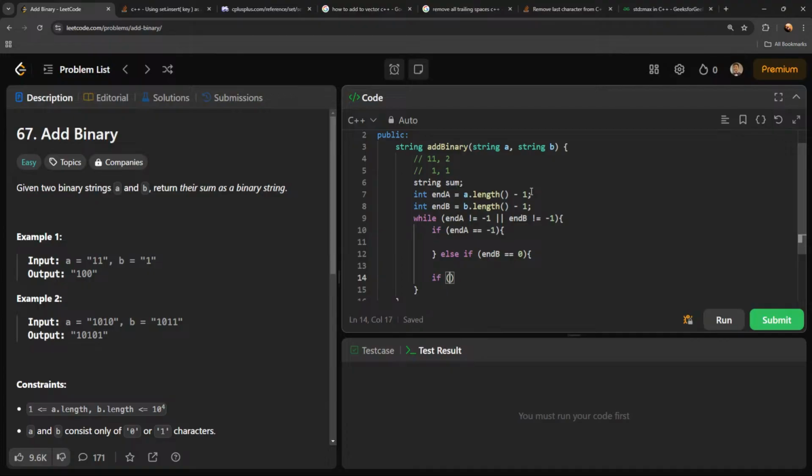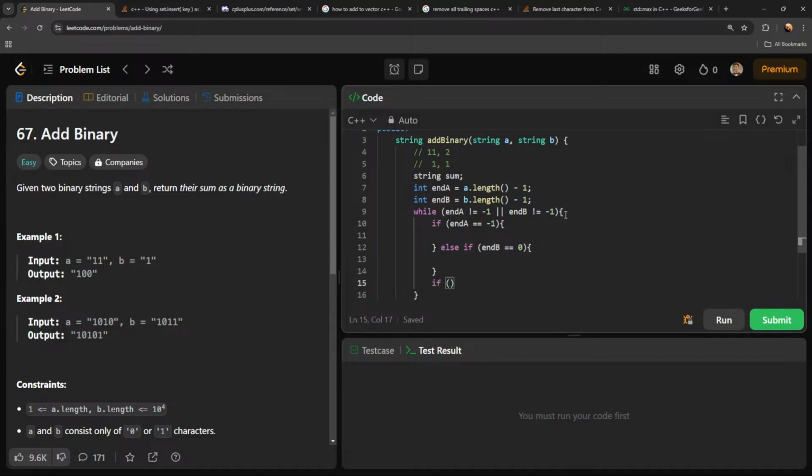If there's 4 cases, a at end is equal to 1 and b at end b. They're gonna be more complicated than